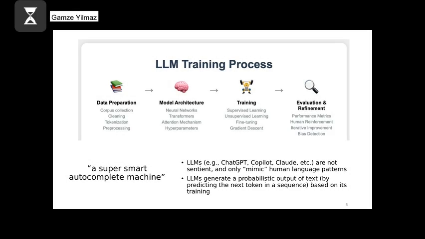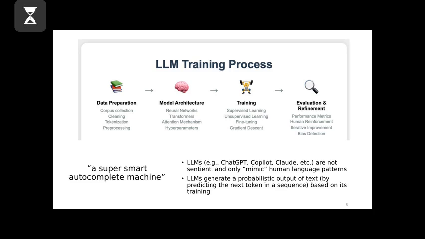So, before we delve deeper into AI capabilities and AI literacy, we should have a basic understanding of how AI does what it does, right? How does generative AI, particularly large language models such as ChatGPT, Gemini, Claude, understand and generate human-like text, audio, or video? So, we need to know the LLM training process a little bit to be able to understand its capabilities, but also to make sense of AI's limitations.